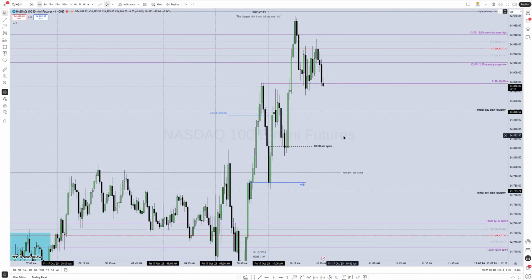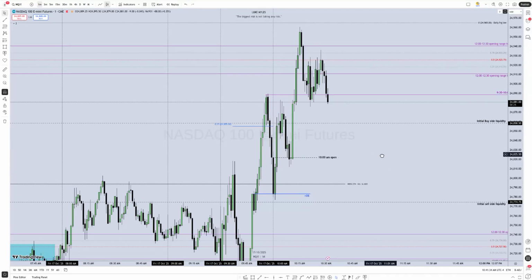So as I have this high taking out the negative 0.25, I'm seeing a high that has failed to reach the 12 AM to 12:30 opening range for yesterday's trading. So I'm expecting this high to be taken out, trading into this now for me to start looking for a sell model right there. If I'm to look for sells, I expect the market to start at this. Now going into that,